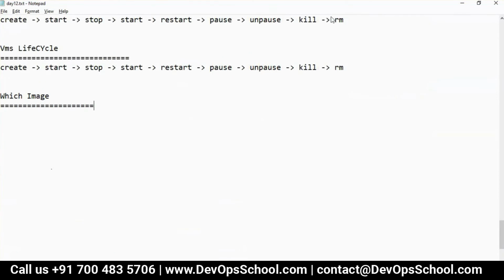Can you please write in the chat box which application you want to run inside a container? Each one of you should write at least one application. I want to read which application you want to run, which image. This depends on which application you want to run. It will be dependent on which image you should take. Tell me. Apache, Nginx. What else? Only two people. Tomcat, Java.